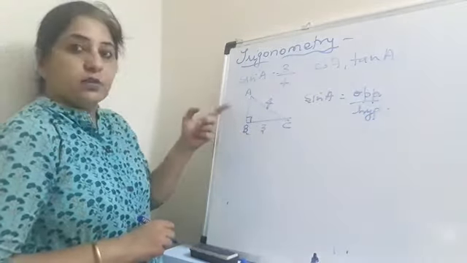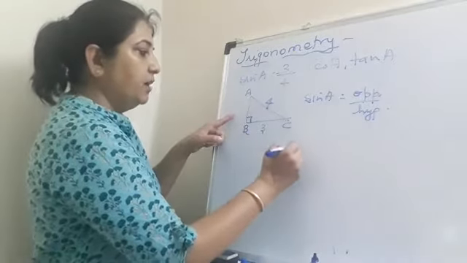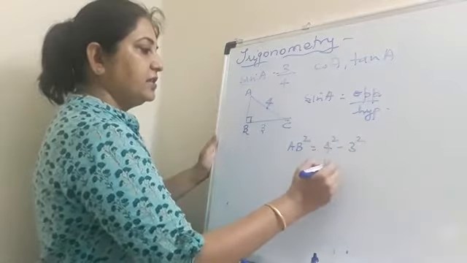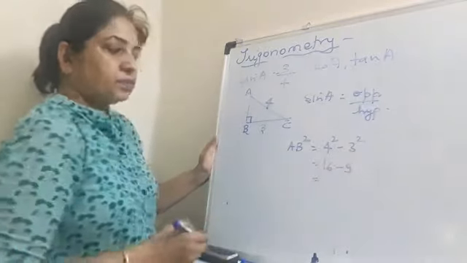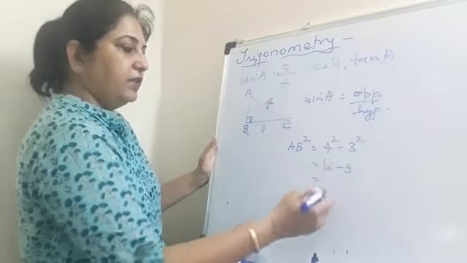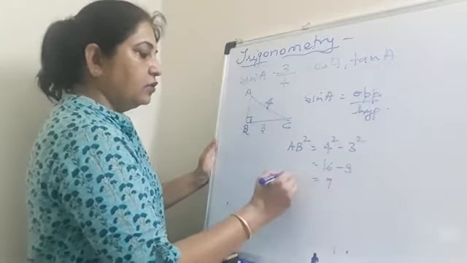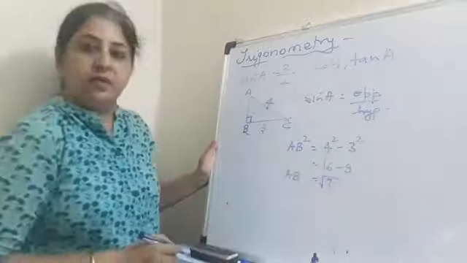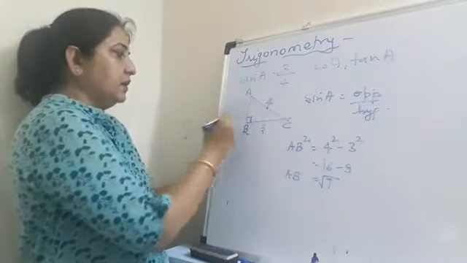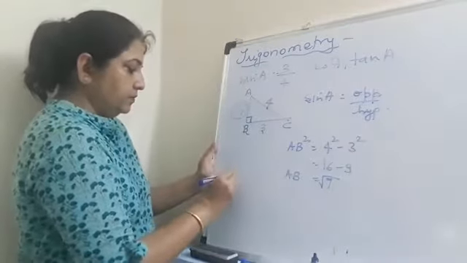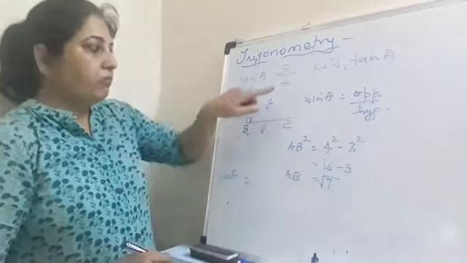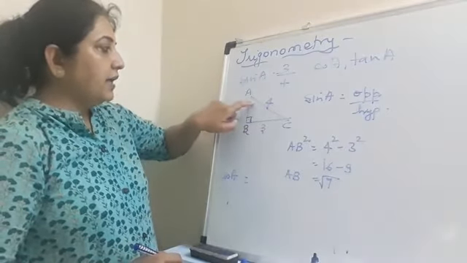Now you will find this one by the formula AB square is equal to 4 square minus 3 square, which is 16 minus 9. What is 16 minus 9? That will give you 7. So AB is equal to root of 7. Okay, so here you got root of 7. Now find cos A. What is cos A? Cos A. So it will be